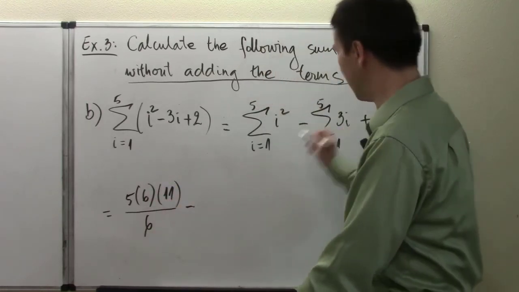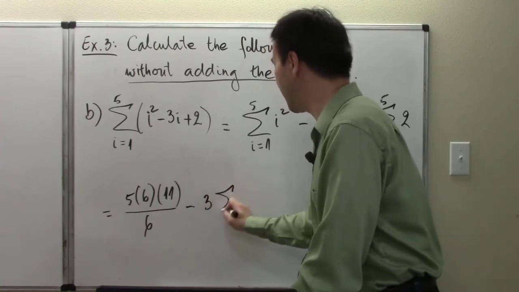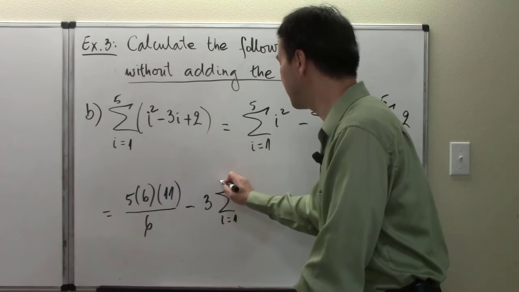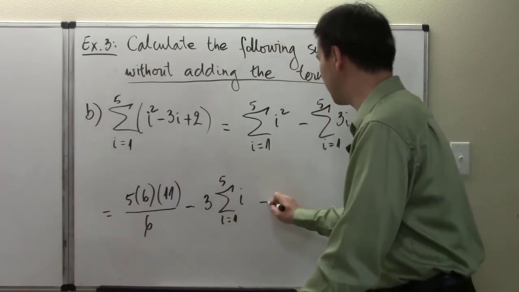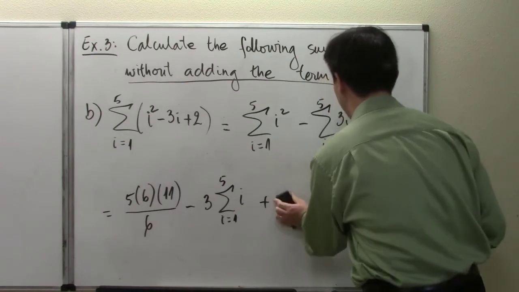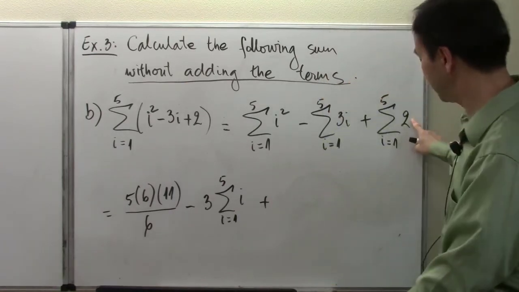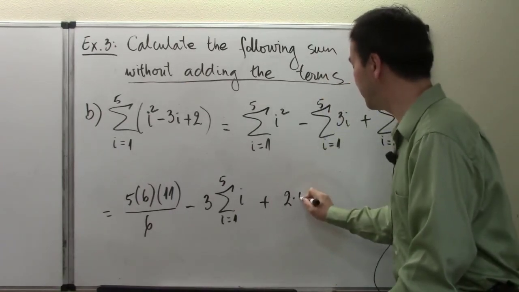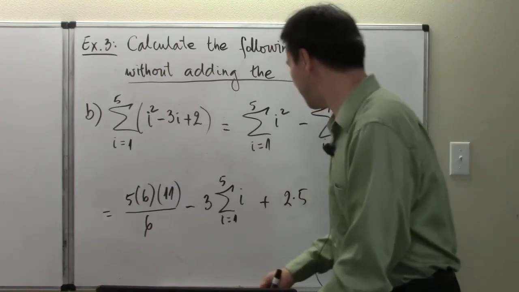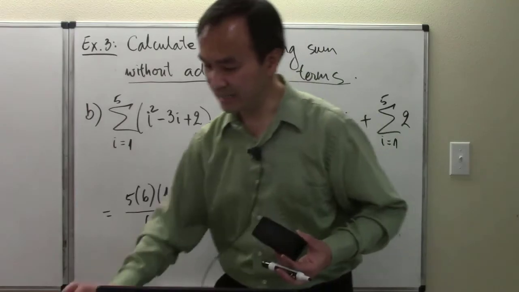Now for this one here, I can bring out the 3, leaving a summation of all the i terms from 1 to 5, and we will get to that in the next step. Plus, now it's 2 times, so that here is simply a 2 times 5. 5 terms, each term is 2. And now in the next step, on my other board,